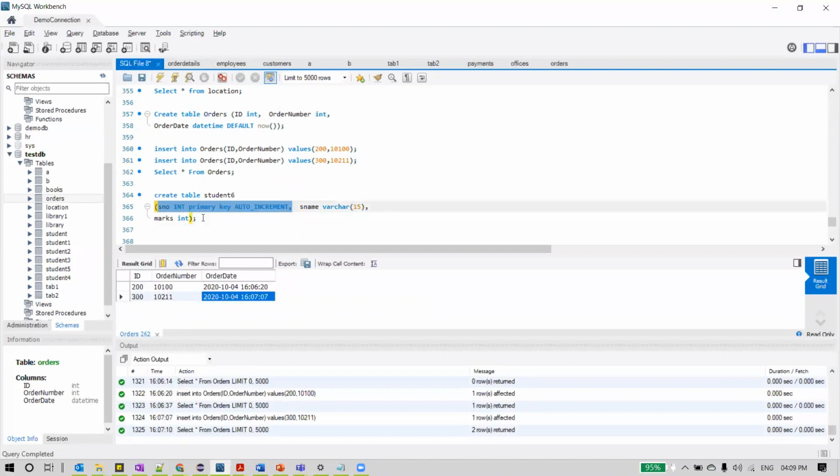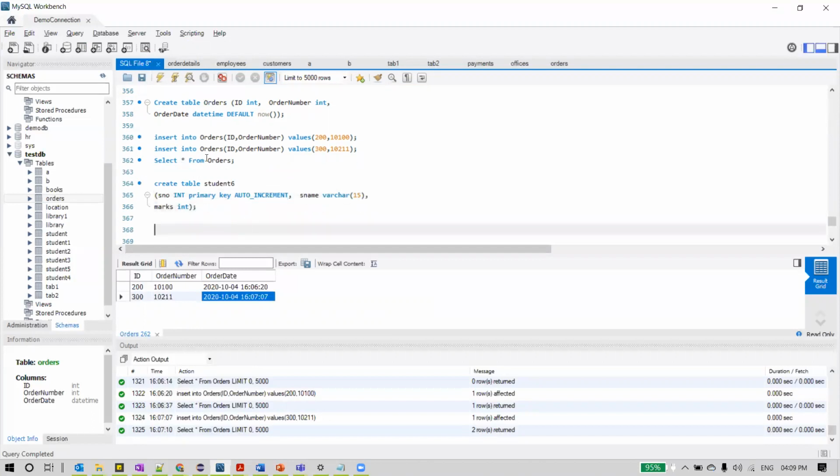This is student number, which is of integer data type and which has the primary key constraint, as well as the keyword auto underscore increment. So we are not going to provide any value to this, but MySQL should automatically provide the value each time, and if it provides some value which is already there, as it's a primary key, it will not allow it. That's the reason we are using auto increment.